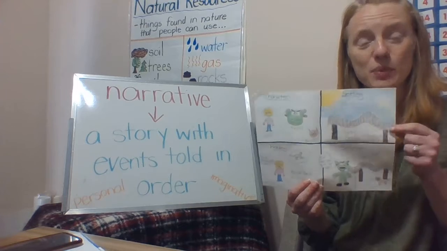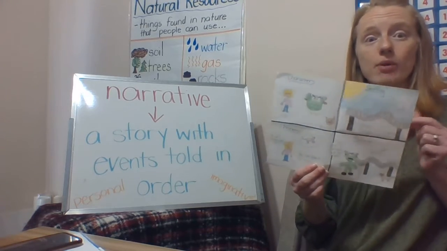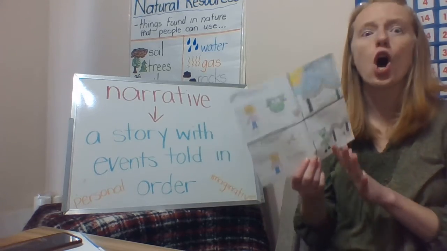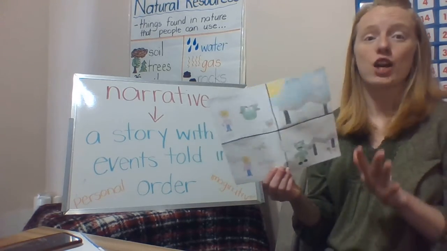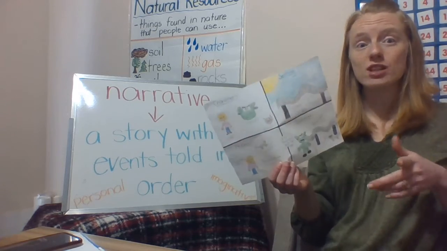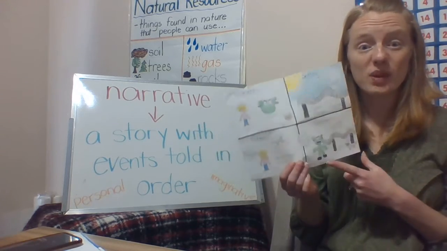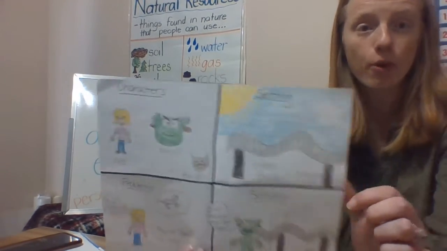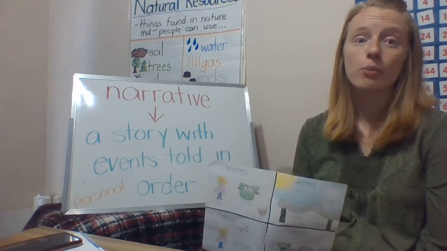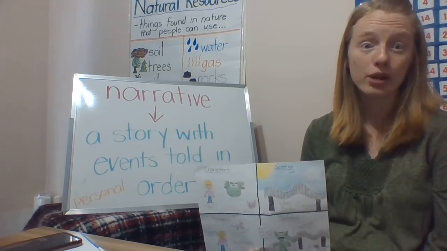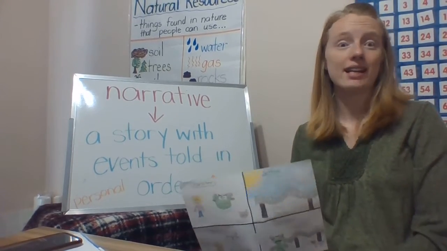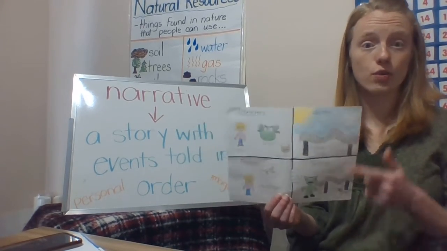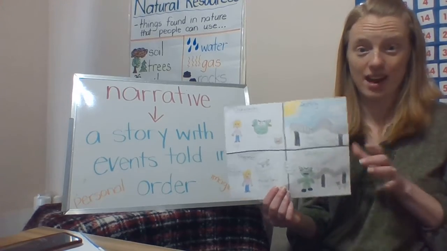The next thing we did was we picked out a setting. I put up a Google Slides of lots of really awesome looking bridges all around the world. And you got to pick out which of those bridges you wanted to visit to encounter the troll. I picked the Wave Bridge in Singapore. Some of you picked a rainbow bridge. Some of you picked a tower bridge. Some of you picked the Golden Gate Bridge. Any bridge that you wanted to visit to encounter the troll in your story. That is the setting, okay?